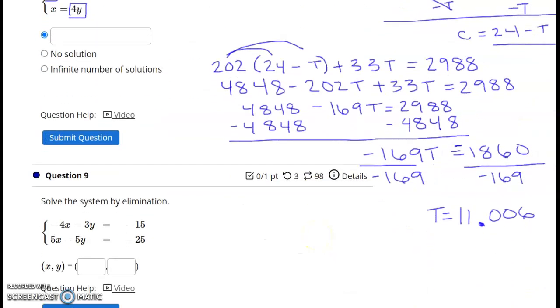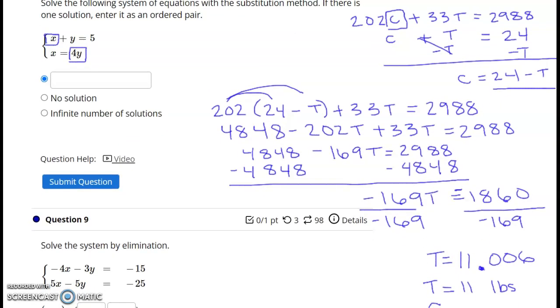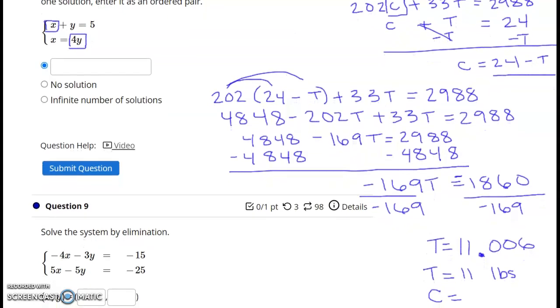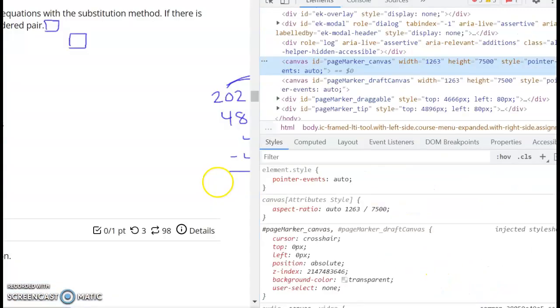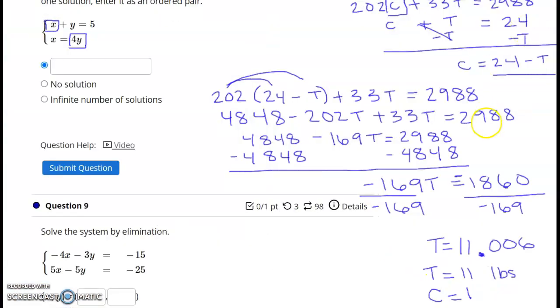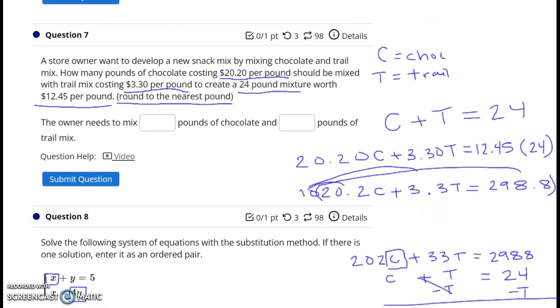And so we're going to say, okay, that rounded to the nearest pound, we're going to be at 11 pounds. So 11 pounds of trail mix. And so chocolate, if we knew together it was 24 pounds, we're going to have 13 pounds of chocolate. Now what you can do in this is you can always check and see, does that